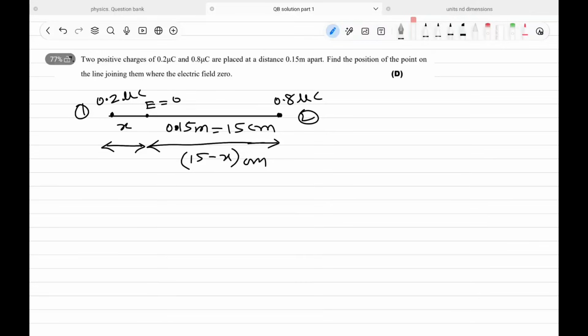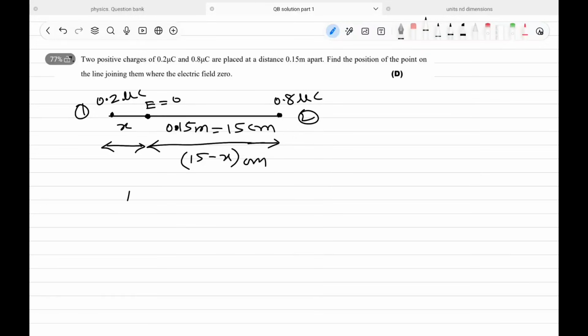Okay, welcome back. In this question, it is asked 2 point charges of 0.2 microcoulomb, 0.8 microcoulomb placed at a distance of 0.15 meter apart. ठीक है, तो यहाँ पर दो चार्जेस को सेपरेट रखा गया है कुछ इस तरह से, पहला वाला चार्ज या दूसरा वाला चार्ज। Find the position on the line joining the two charges where their electric field is 0. इलेक्ट्रिक फील्ड 0 कहाँ पर होगी, वहां पर आप लोगों को मालूम करना है कि कौन सा पॉइंट होगा, कितना डिस्टेंस पर होगा, कौन से वाले चार्ज से ले रहा है।